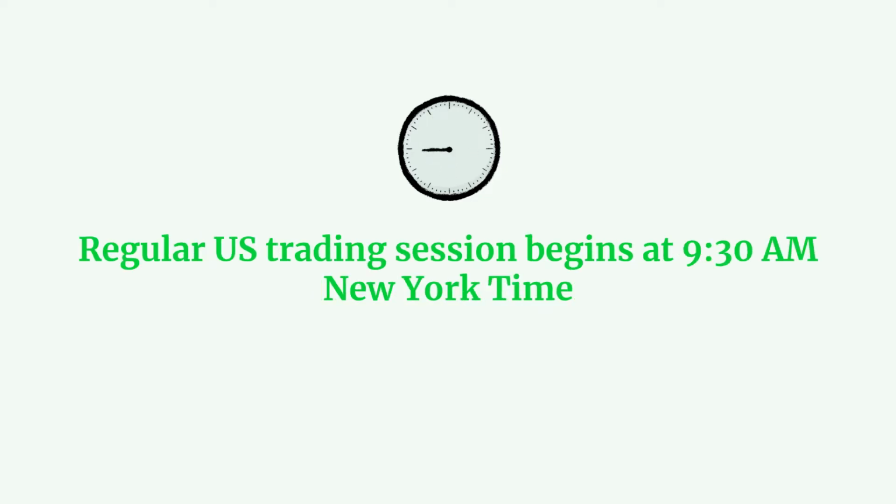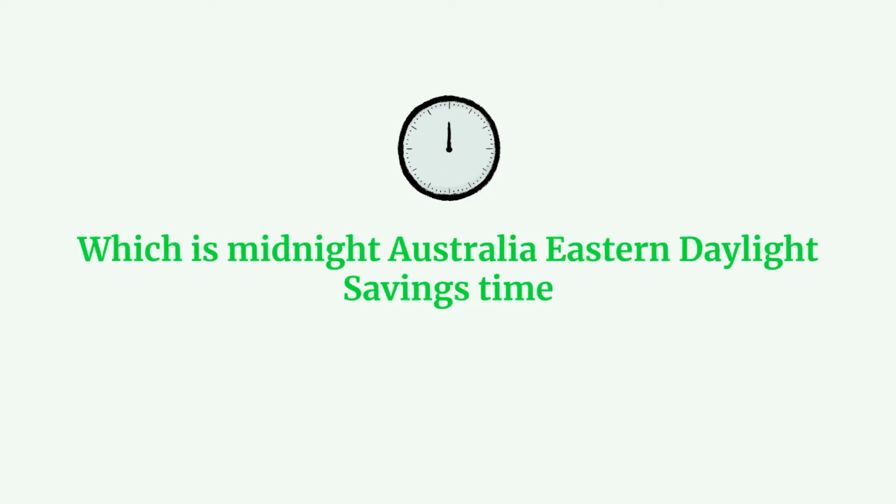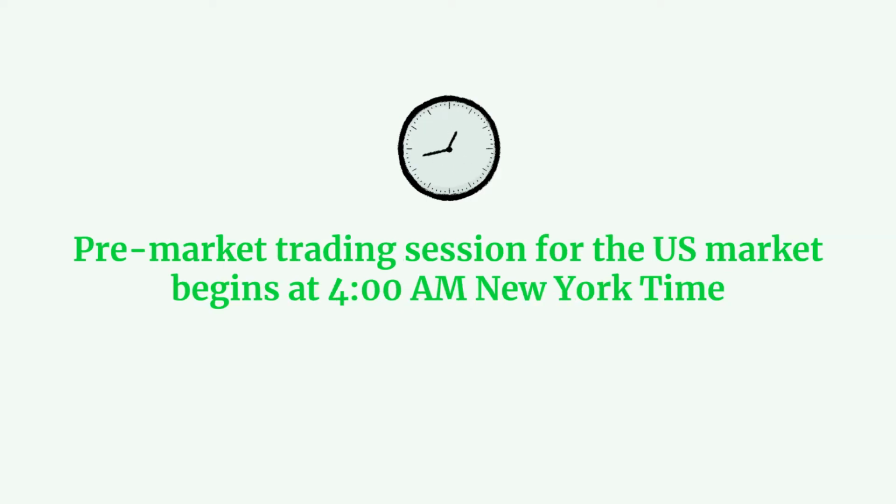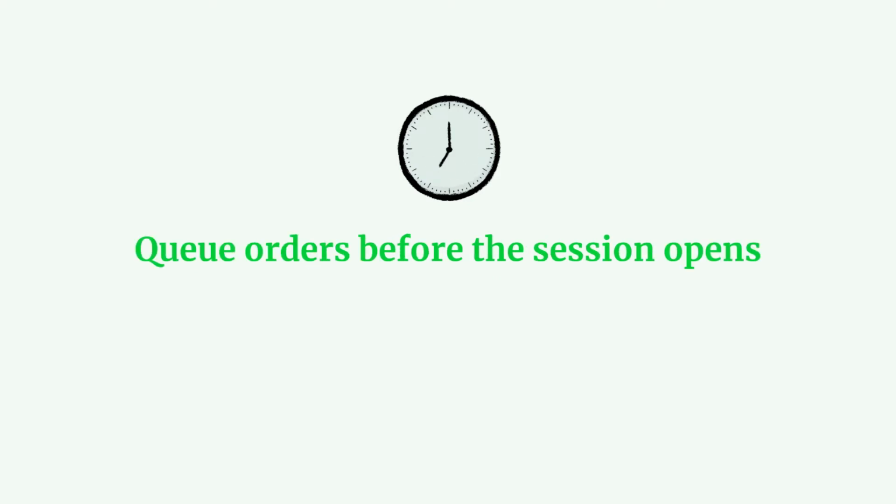opens. While the regular US trading session begins at 9:30 a.m. New York time, which is midnight Australia Eastern Daylight Savings Time, the pre-market trading session for the US market begins at 4 a.m. New York time, which is 7 p.m. Sydney time. You can also queue orders before the session opens, and they will be released when the pre-market trading